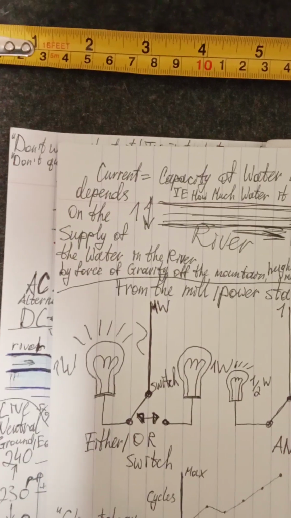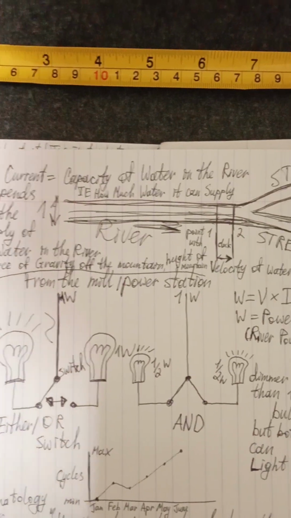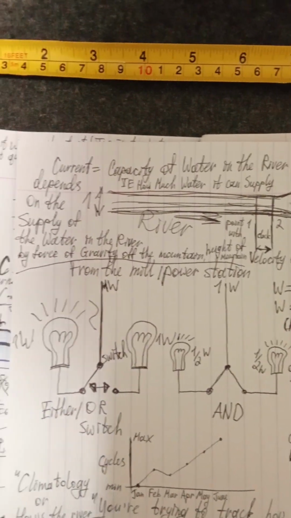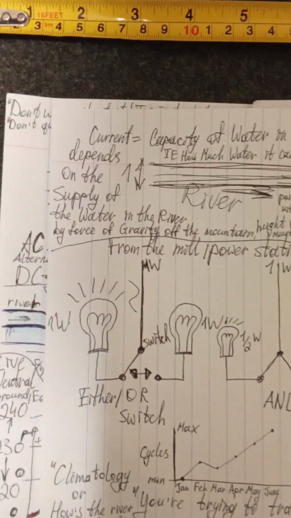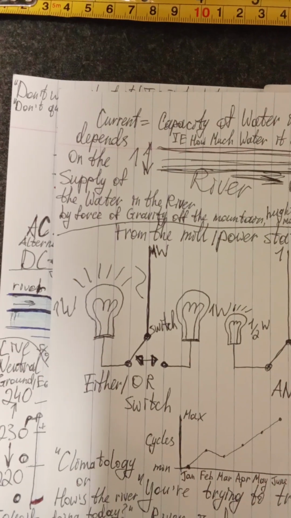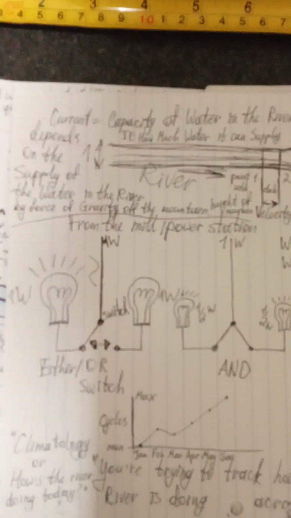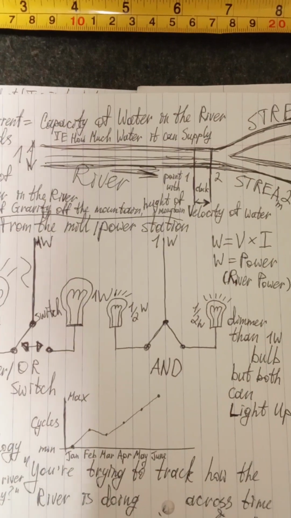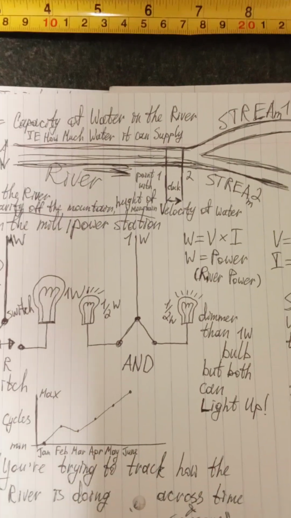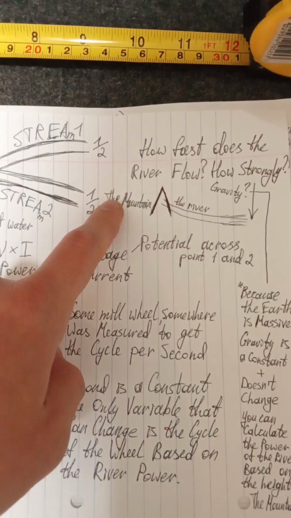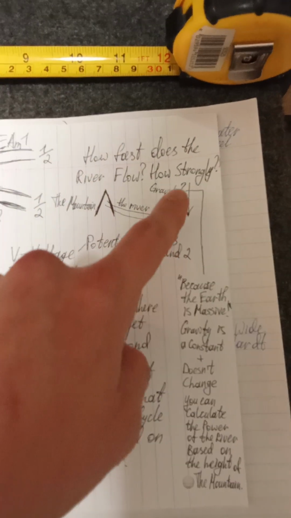The current in the river is the capacity of water in the river, right? I.e., how much water it can supply. It depends on the supply of water in the river by force of gravity of the mountain, usually. The height of the mountain, yes. So the mountain is yay high and the river flows down by force of gravity